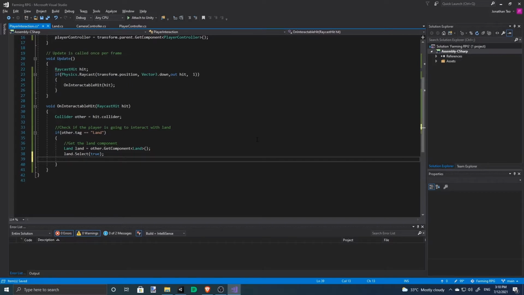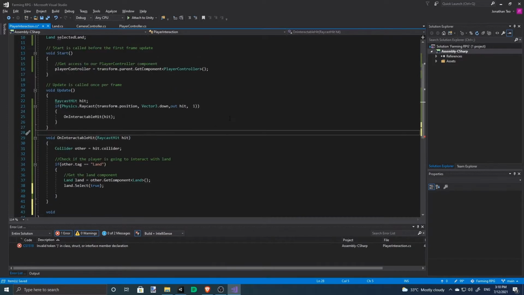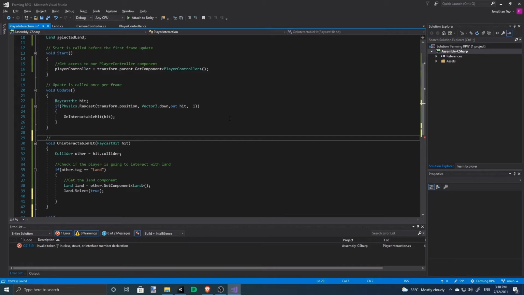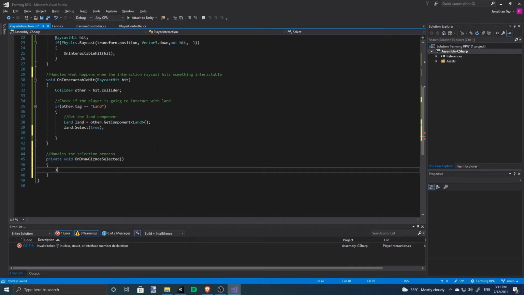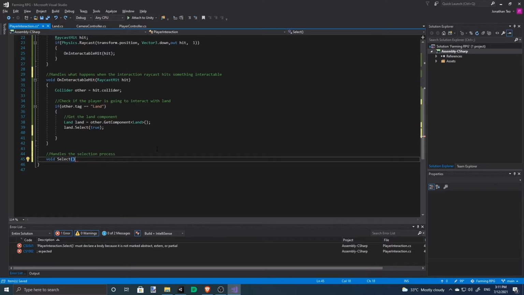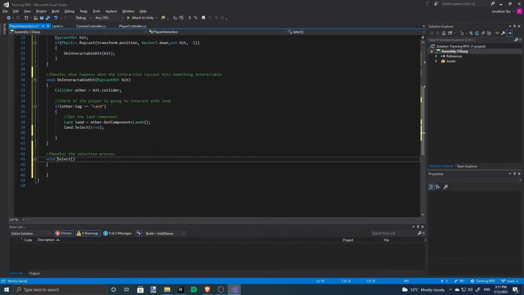So in this way, when the interactable is hit, let's create a separate function to handle selecting lands. So this is to handle this process.